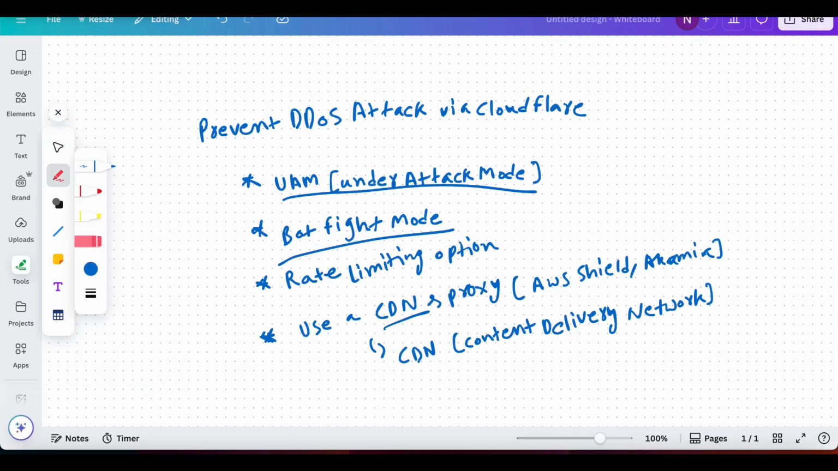Now the next one is the rate limiting option. Basically, if you think about rate limiting, it puts a limit on a particular request, right? In a simple way, rate limiting is a protection system that blocks or challenges users who send too many requests in a short time. It's useful to prevent: